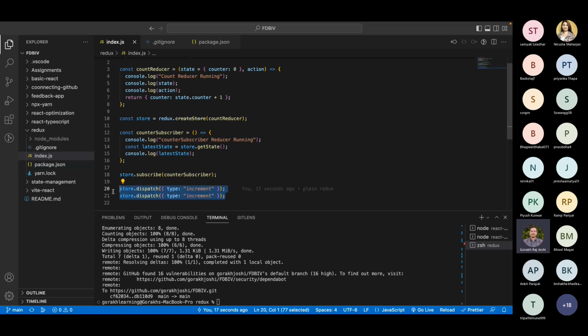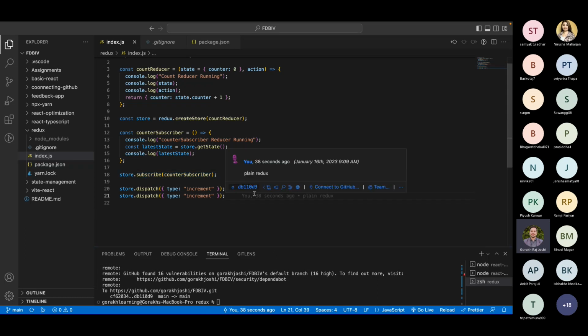So later we will use this dispatch thing in the React component. Don't worry about that. We don't need to worry about this subscribe thing. This will be automatically done. We only need to worry about this thing later. This thing will be handled by Redux Toolkit itself. But from here, what I just want to let you know is